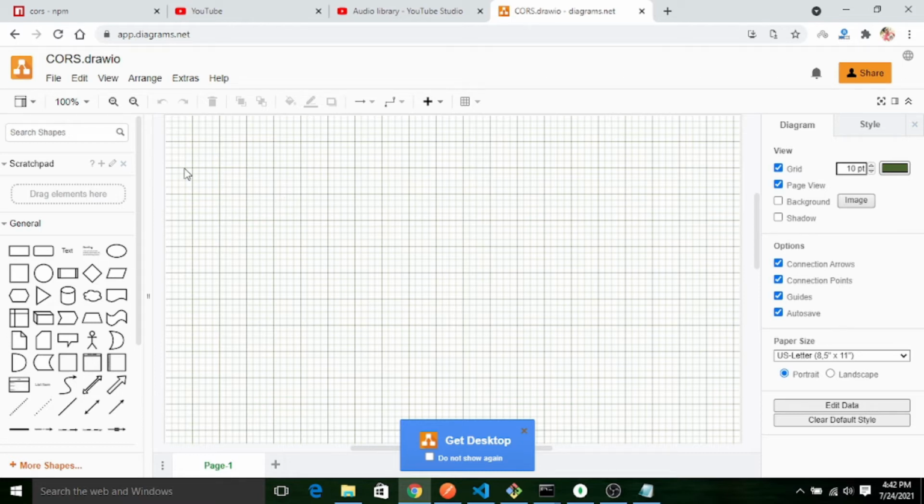Let me first draw the client. I will take a computer image.